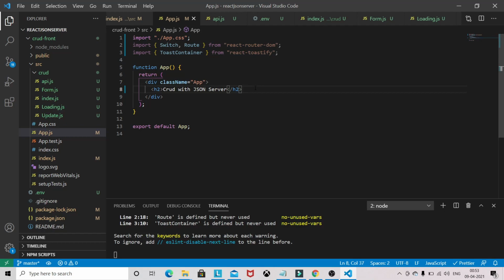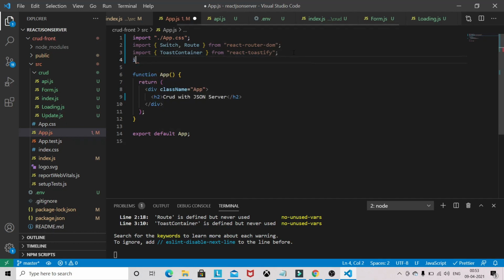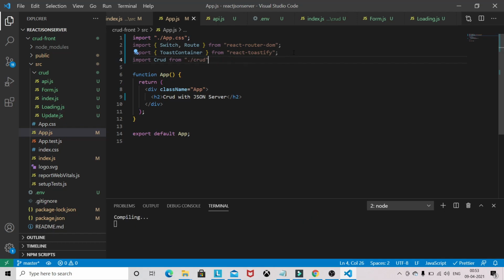Okay, and we have to import that CRUD file as well, CRUD from the CRUD folder. You don't have to specify index if it is using the index file. Now come to this part.